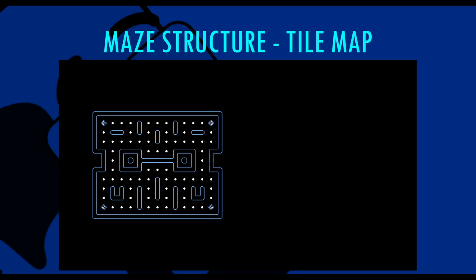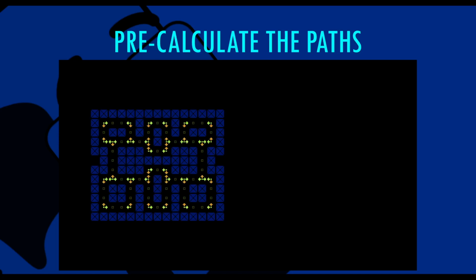It had walls, it had dots, it had power pills. And of course when you're moving around in this maze using the old method, you're checking the tile map to say is there a dot above it or is there a wall above it or to the side of it. That's quite time consuming, and why do we even need to be checking that when we actually know where the exits are? So what I did was I looked at the maze and I converted it into a bunch of